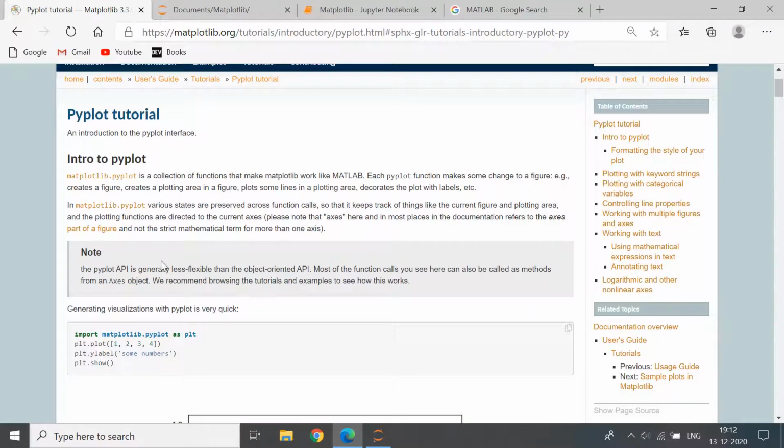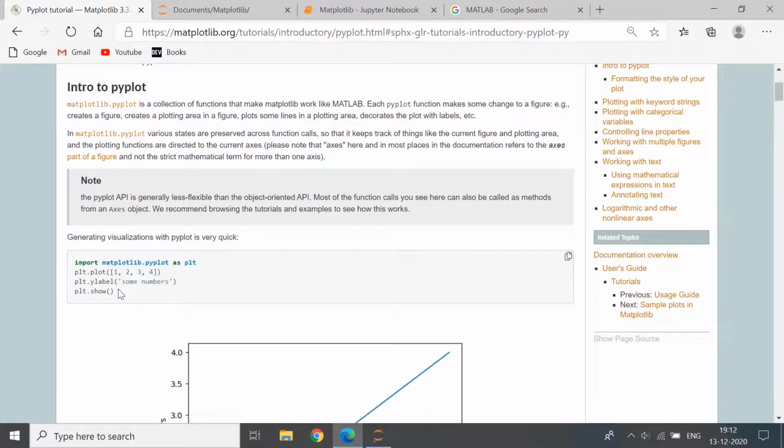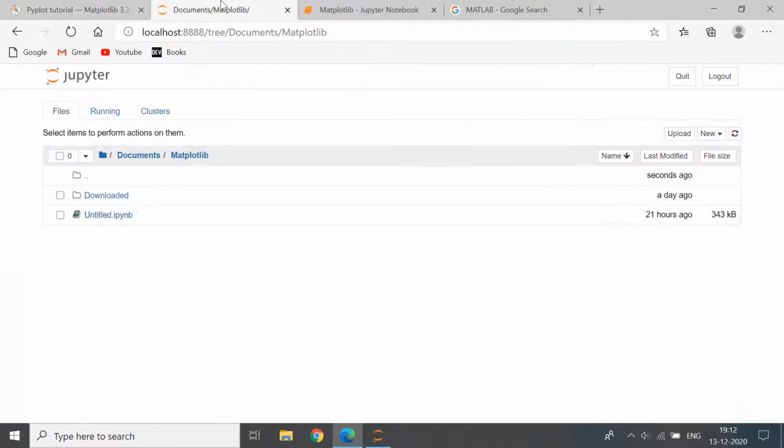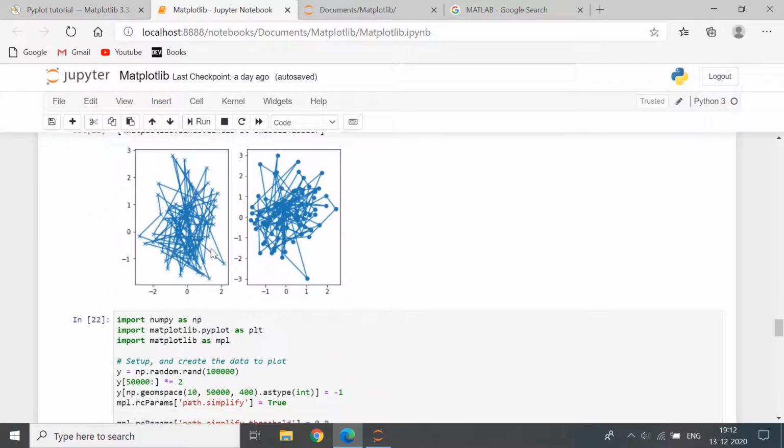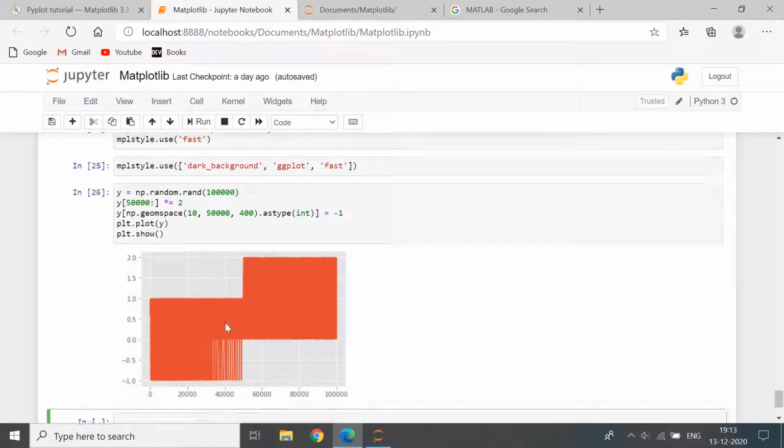Note the Pyplot API is generally less flexible than the object-oriented API. Most of the function calls you see here can also be called as methods from an axes object. We recommend browsing the tutorials and examples to see how this works. Okay, so I'll just copy it from here. Generating visualizations with Pyplot is very quick. You can do this simply by